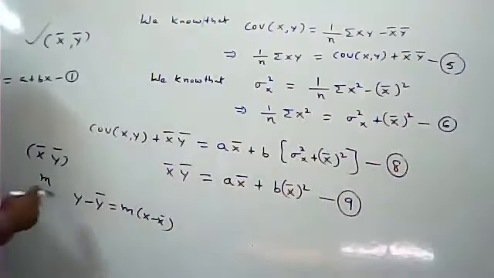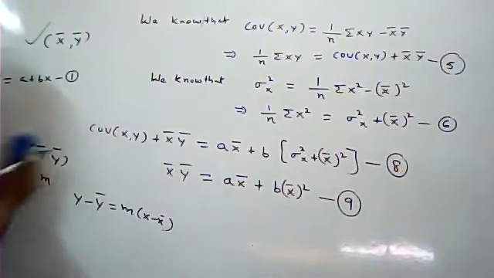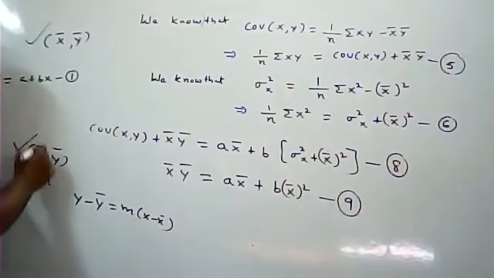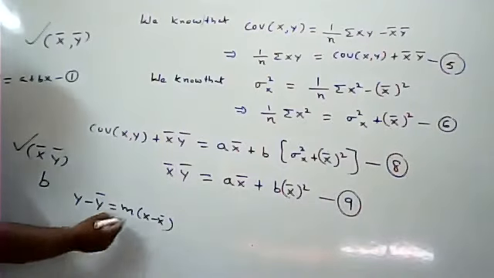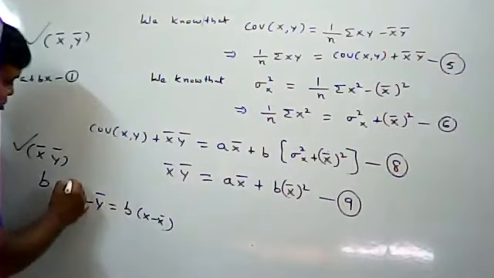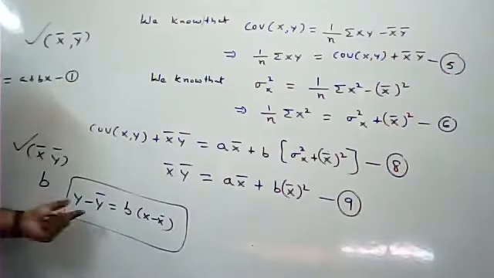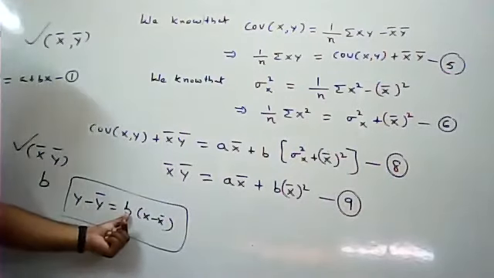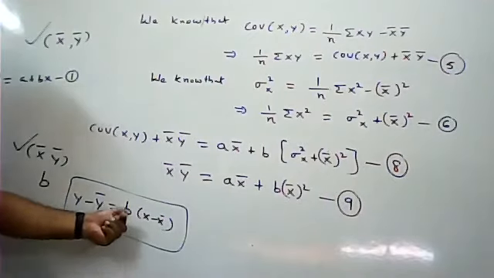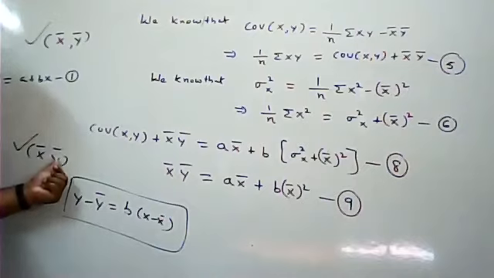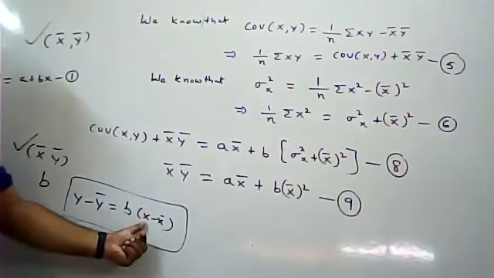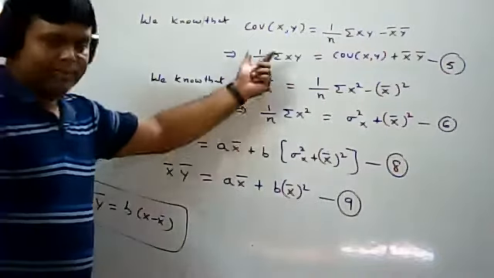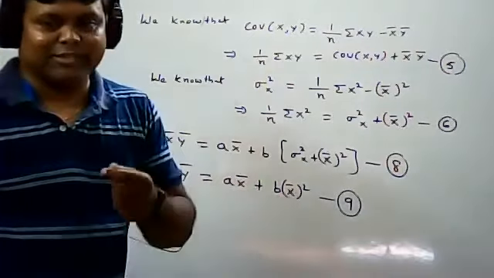After that, I know this regression line. I know equation 4 passes through the point x bar, y bar, and b is the slope of the regression line. Then you know the equation y minus y bar equal to b into x minus x bar. So I want to apply this one. That is the reason I am calculating b first. If I know the b value, I already know equation 4 passes through the point x bar, y bar. Then the regression line will be y minus y bar equal to b into x minus x bar. So that is the reason I am doing all this calculation to identify the slope value.